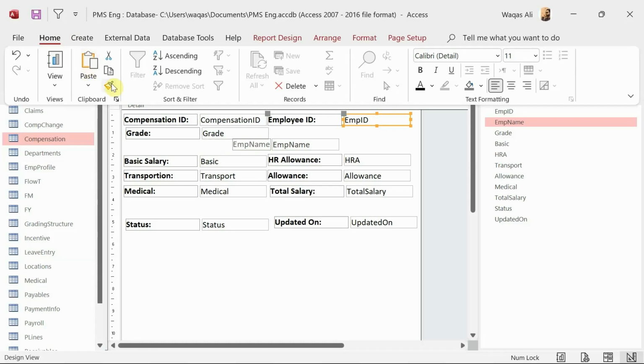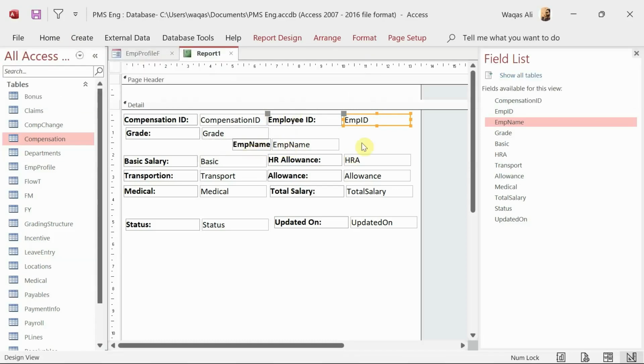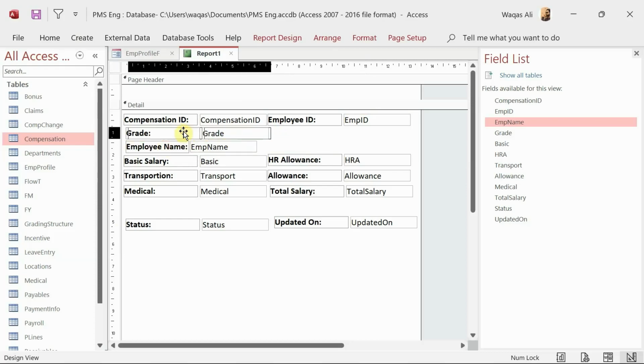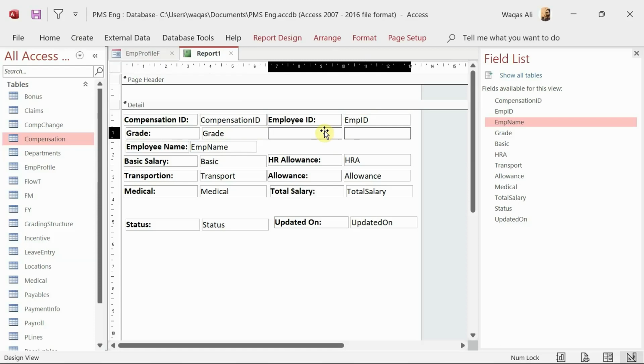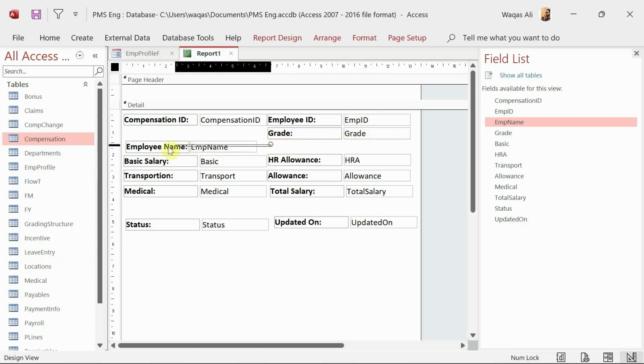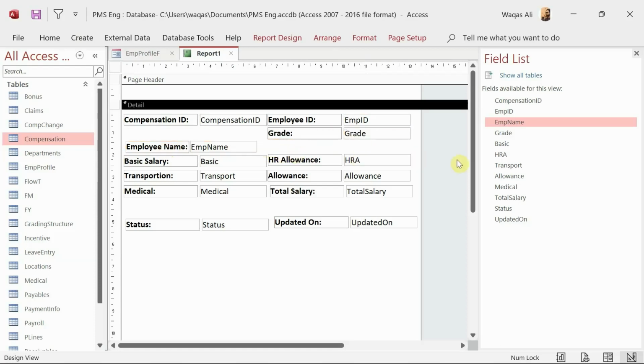Let's copy the formatting, and here we go. Okay, all right,